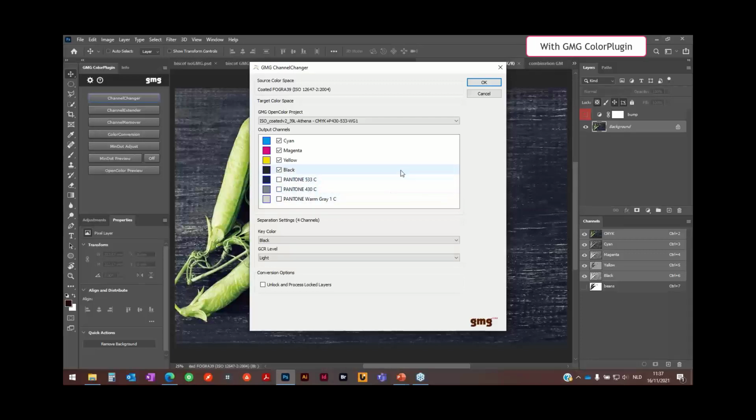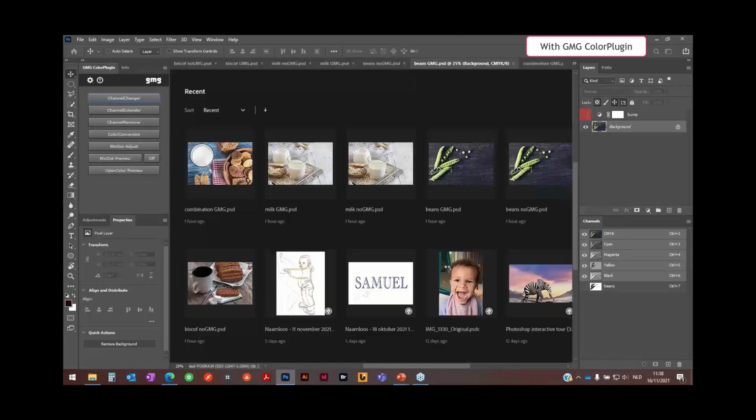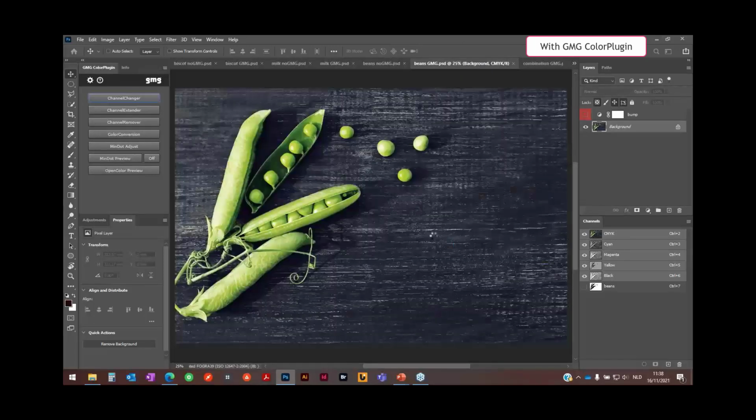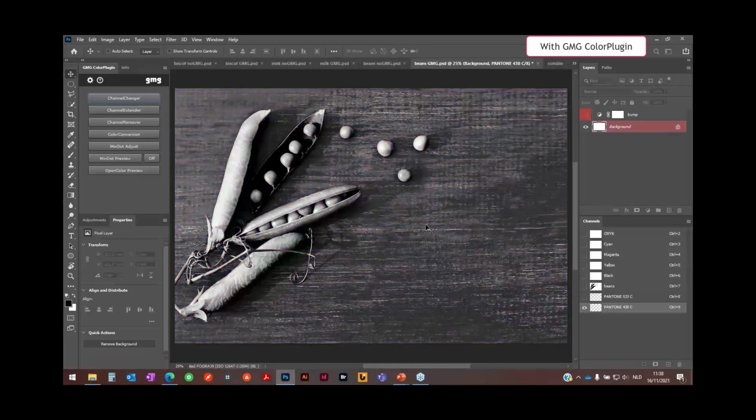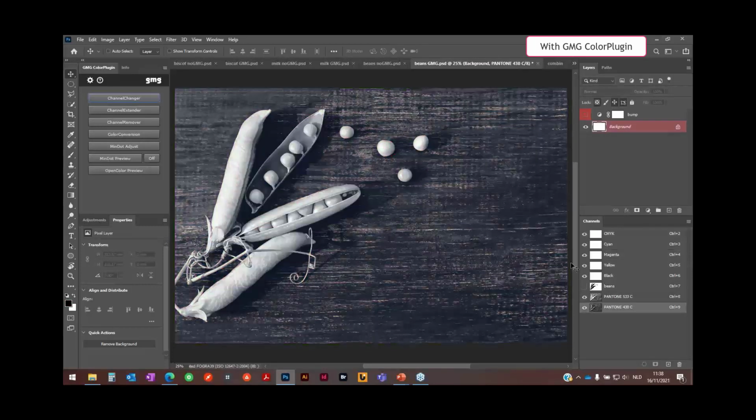But as I said already, there can be profiles that are made with these colors already, with the magenta replaced by another color. So this will work too. I choose these two, I uncheck my CMYK, and I press OK. And OpenColor will now calculate the right values for these two channels.